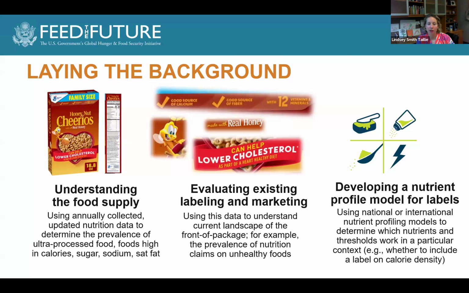And then the next step of this is really about evaluating food labeling and marketing. So what actually exists? So using that same information that we collected from a grocery store, we'll go and we'll analyze what's on food packages. So what is the prevalence of nutrition claims or health claims? So here we've got a Cheerios example where we see multiple different health and nutrition claims on it. That's really important for a labeling policy so that we can go and say, hey, the prevalence of nutrition claims is very high, and these claims are appearing on products that are high in sugar or high in sodium or products that are unhealthy. And that really provides evidence to support a ban on these types of claims.